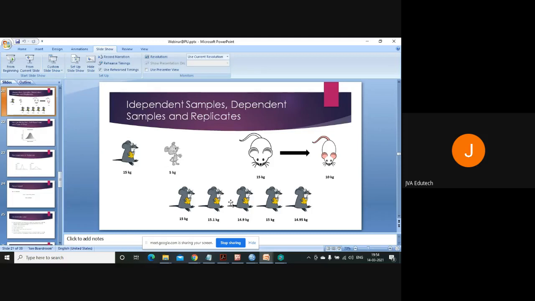If you are taking some measurement, such as pre and post, take it over an interval of 1, 2, or 3 days. If you take the measurement in one single day, it won't yield any significant result. They are known as replicates, and you have to take care that there are no replicates in your data. Normally, when we take an independent sample or dependent sample, we also come across replicates, but if your data has replicates, try to avoid them.